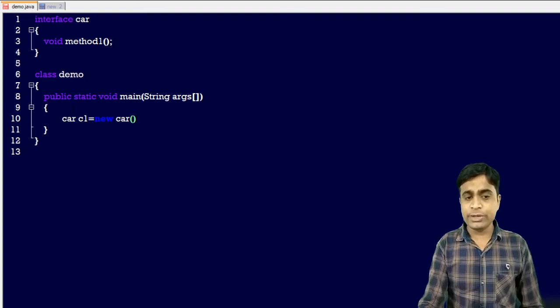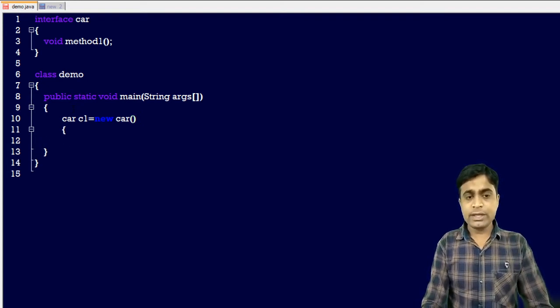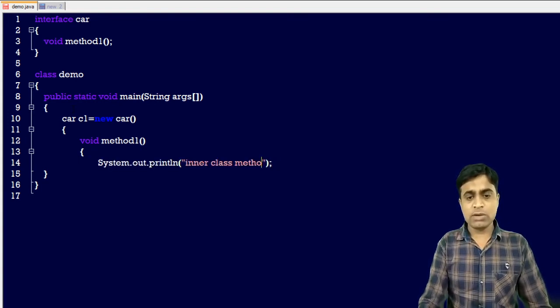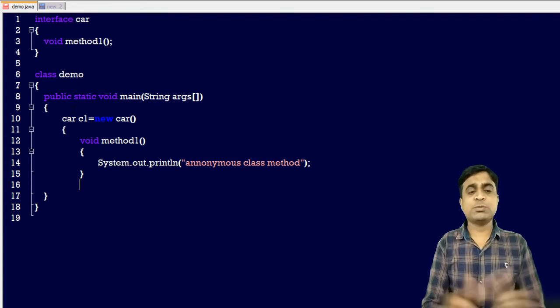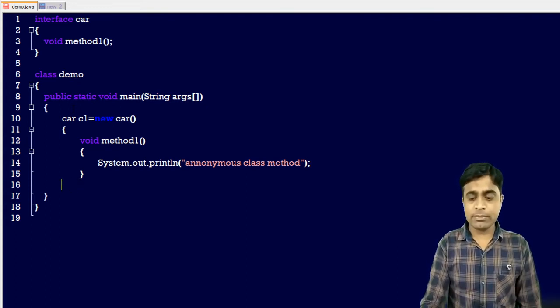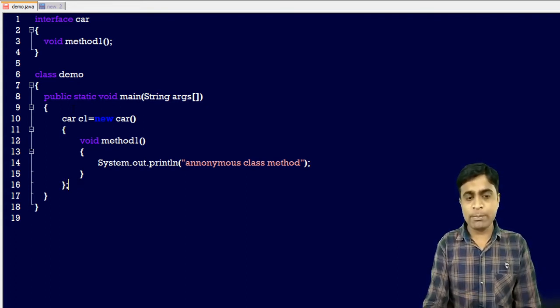I continue, and I override this method, void method1, and write one message, System.out.println, "anonymous class method". Now I am closing this method and putting a semicolon over here.